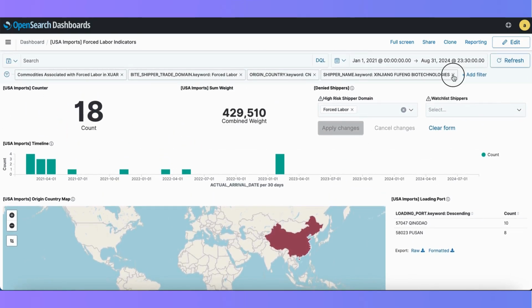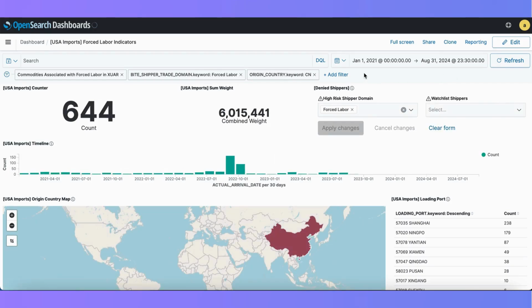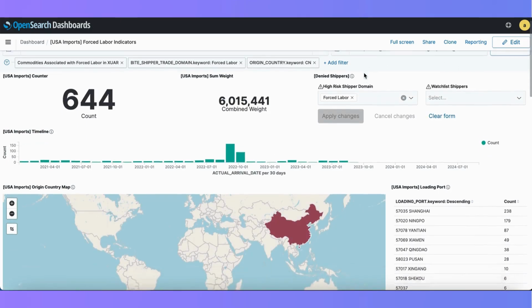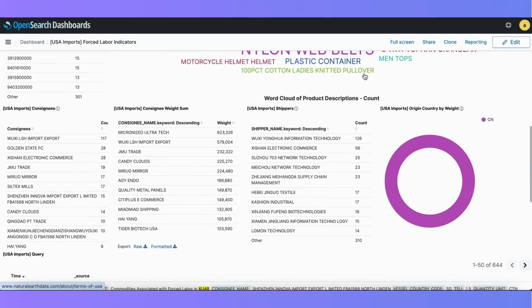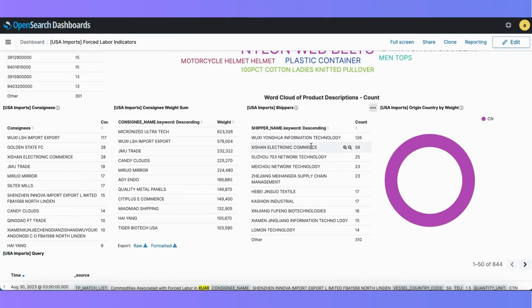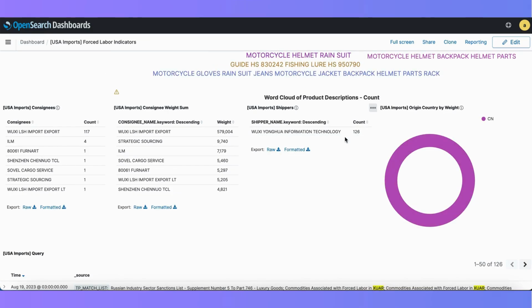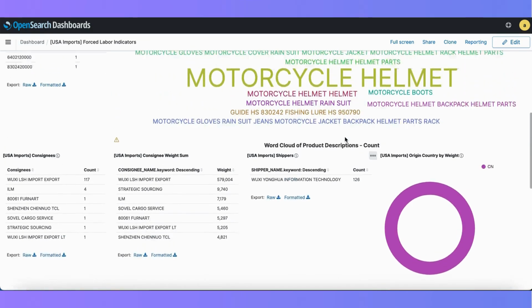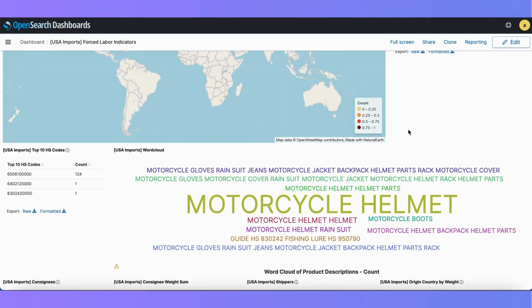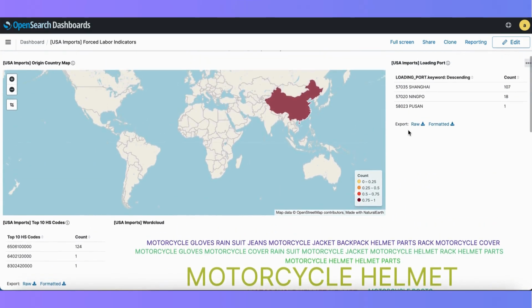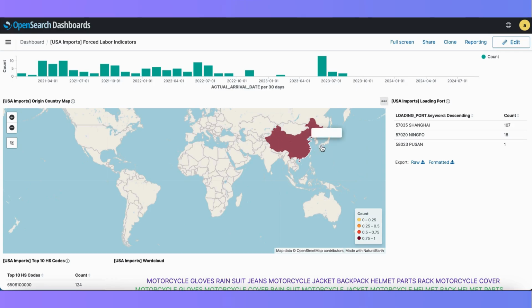Again, if I wanted to look and see a less obvious shipper that doesn't have Xinjiang in the name, for example, if we look at this entity here, I can see the products that they're shipping are primarily motorcycle helmets and gloves and equipment. It's all originating in China. Transactions were after UFLPA.